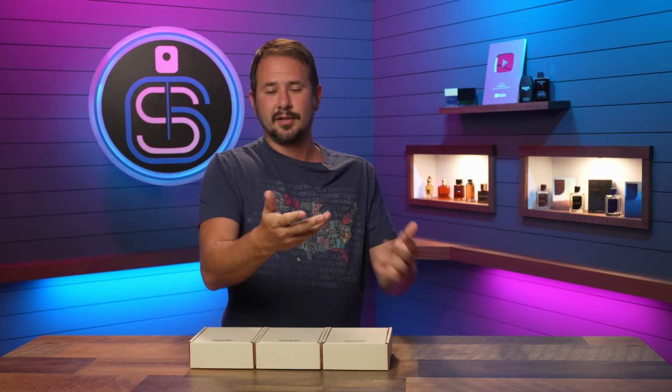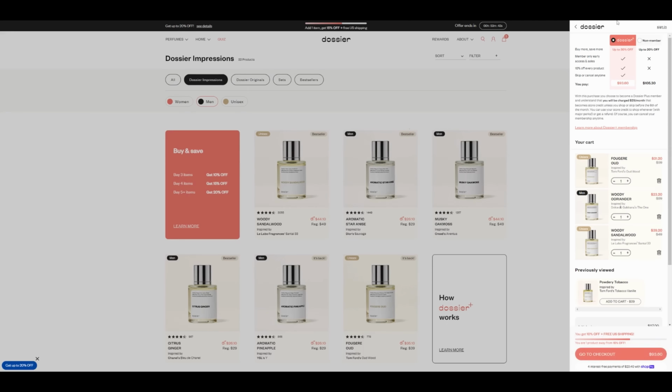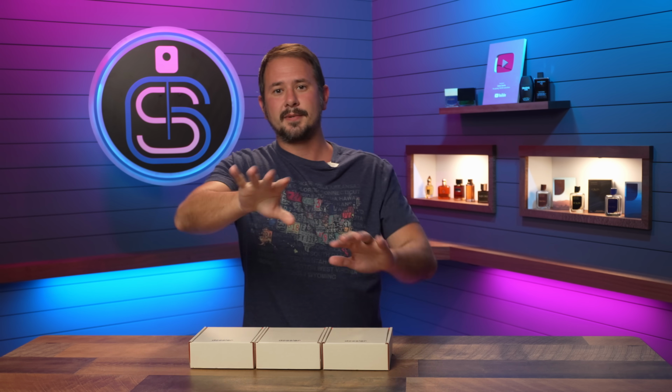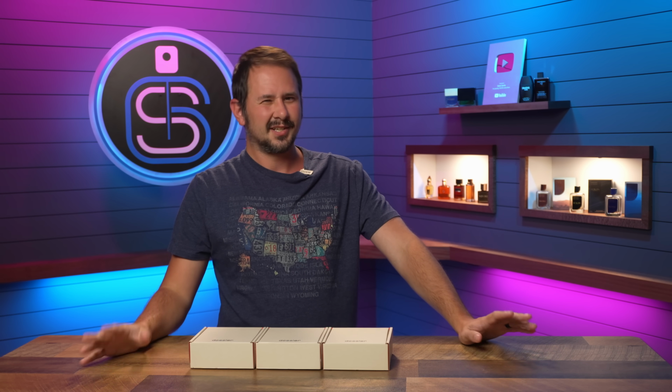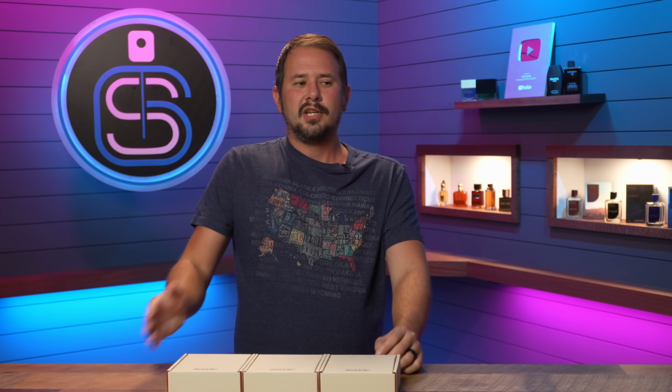It automatically will select that for you, and then it will have you put in your email address and everything else. And then when you check out, it signs you up for the Dossier Plus subscription service. So when you're checking out, you have to specifically each time go up in the corner and click non-member. That way you don't sign up for their subscription service, and I didn't really like that. I know that there are spots on the website where you can see information about the subscription service and everything, but it still feels a little bit like a kind of gotcha type deal,